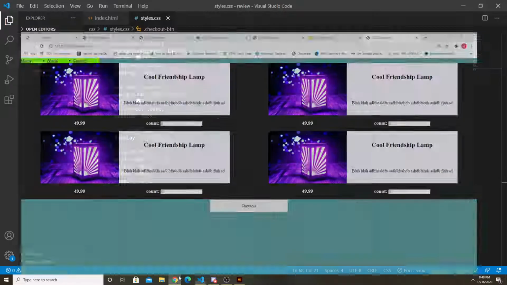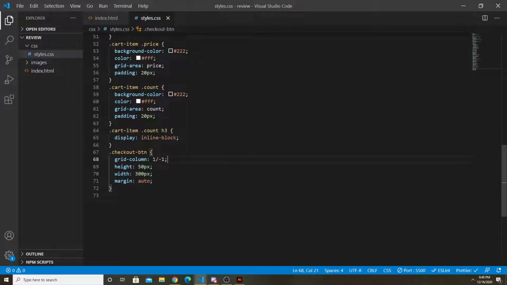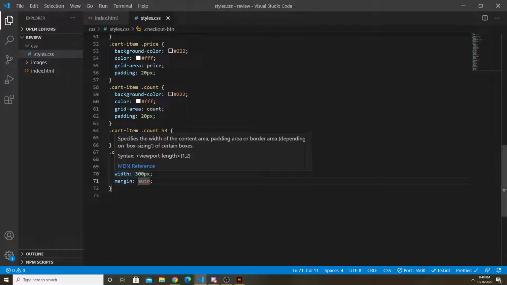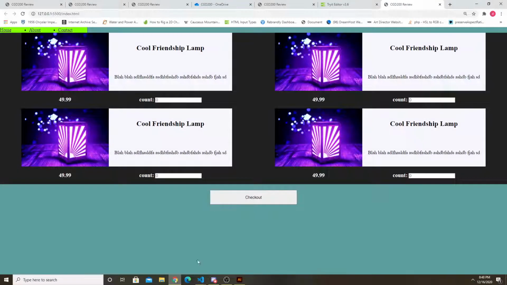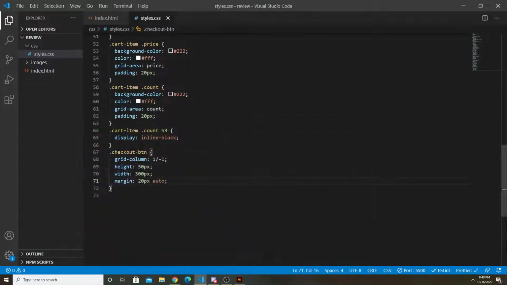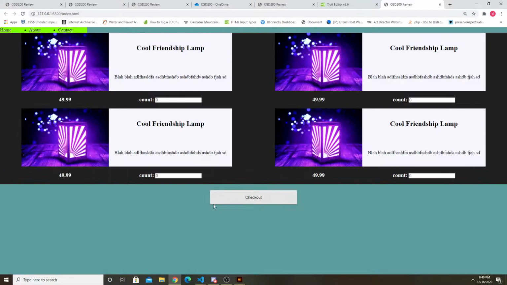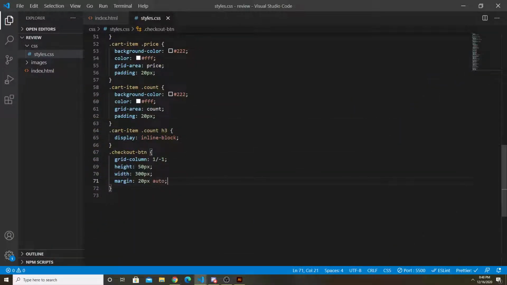And maybe give it some padding or margin. Oh, we already gave it margin auto, so we want margin on the top and the bottom. So margin 20 pixels auto. So 20 on the top, auto on the left and the right. And then you could style your button to have different background color, no border. If you want to look a little more modern, you could say